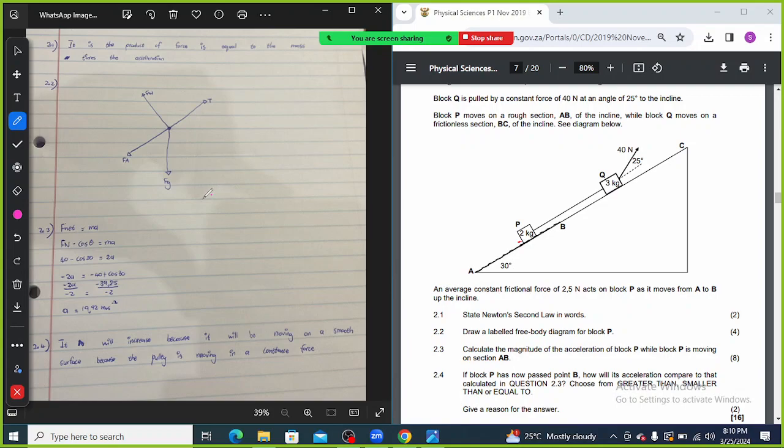You draw the faint line, which will represent the surface of the incline. The reason for this line is for you to be able to draw the free body diagram correctly, but I can see that you drew the free body diagram correctly, but there's only one thing that was left. All right, and your labels,